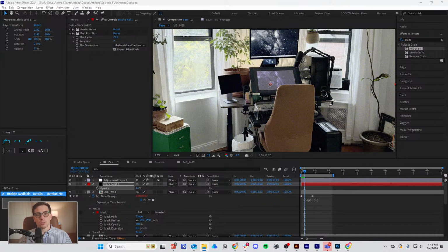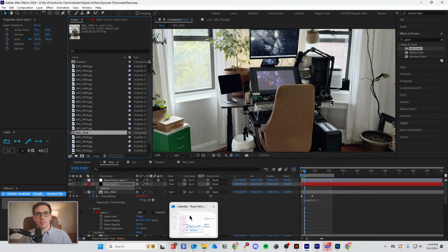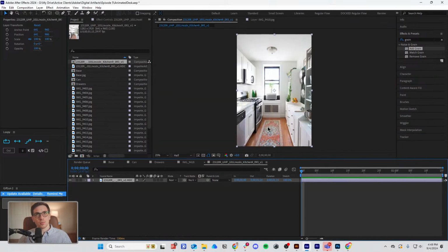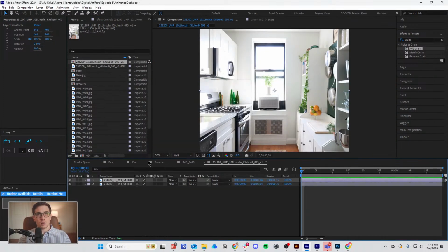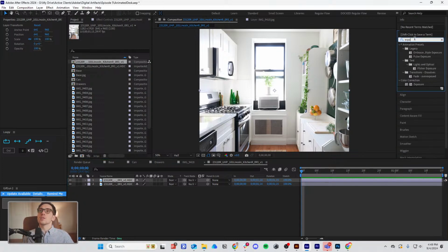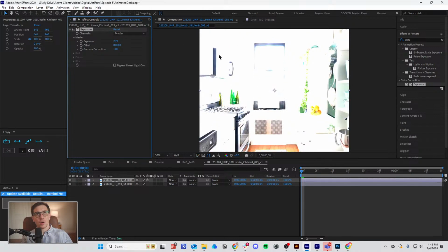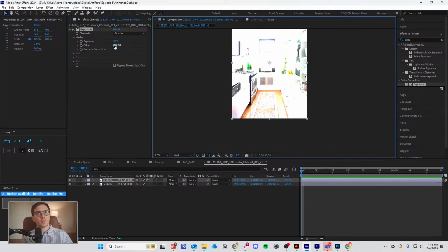I'm going to grab that file, and drag the whole thing into here. And I'm going to create a new composition. And then I'm going to duplicate it. Or alternatively, you could use an adjustment layer, but I'm just going to duplicate it. And I'm going to open up an exposure. And maybe we take this, and I'm just going to crank that bad boy pretty high up. You can also do an offset or a gamma correction. You want to just play with what it is. But then you can easily just add a